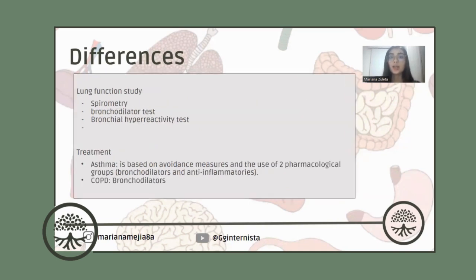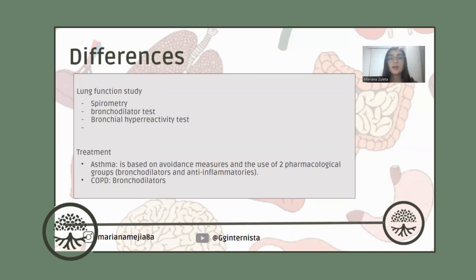Now, in the lung function study, spirometry for the diagnosis of COPD is essential, while for asthma it's just simply useful. With respect to the prognosis of COPD, it's considered a reference parameter, but in asthma it's just a little bit. And the bronchodilator test. In asthmatics, the reversibility of bronchial obstruction with bronchodilators or anti-inflammatory treatment is complete or almost complete, but this is not the case for COPD. And we have the test of bronchial hyperreactivity, present in COPD, and its presence is a poor prognosis. In asthma, it serves together with the clinic for the diagnosis, especially when the spirometric and the bronchodilator tests